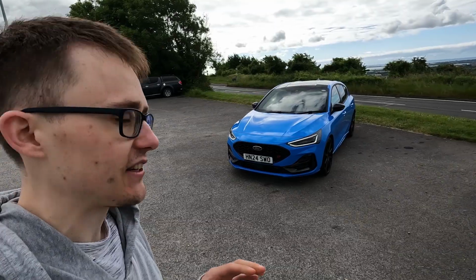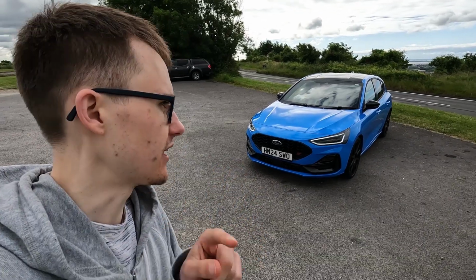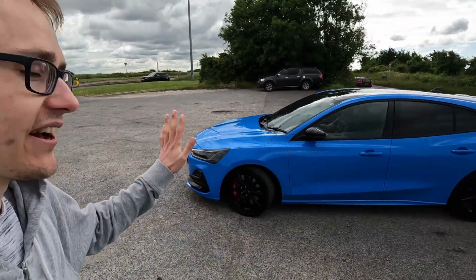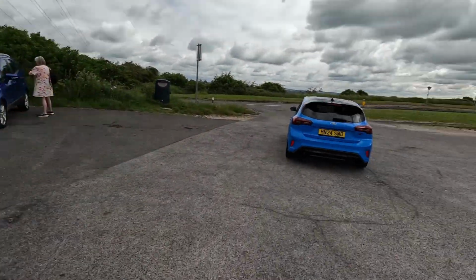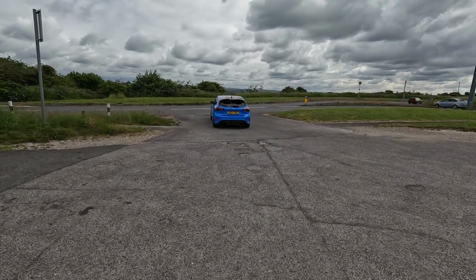Yeah, the last few little bits on the Focus ST edition, these are only allocated to the best performing dealers in the country, in the UK. That's the idea. So yeah, as the owner's finally leaving, we were chatting for so long. So they're essentially only for the best dealers. As it zooms away,